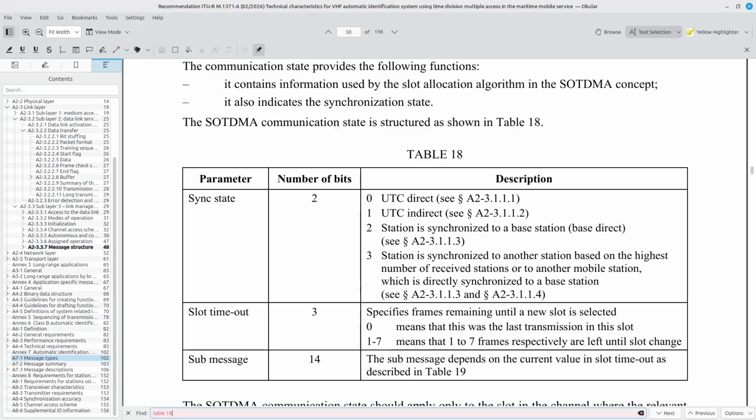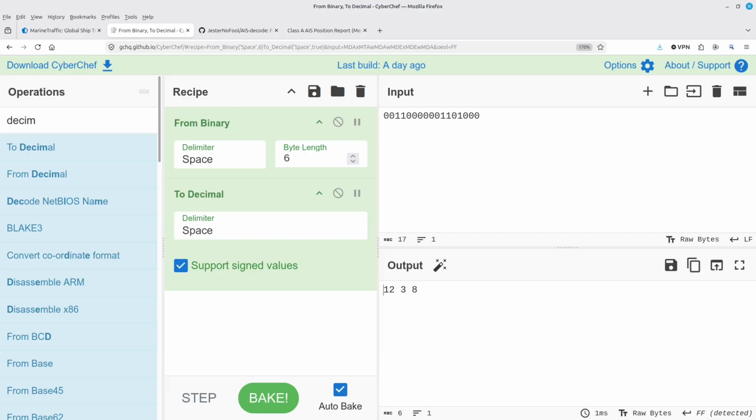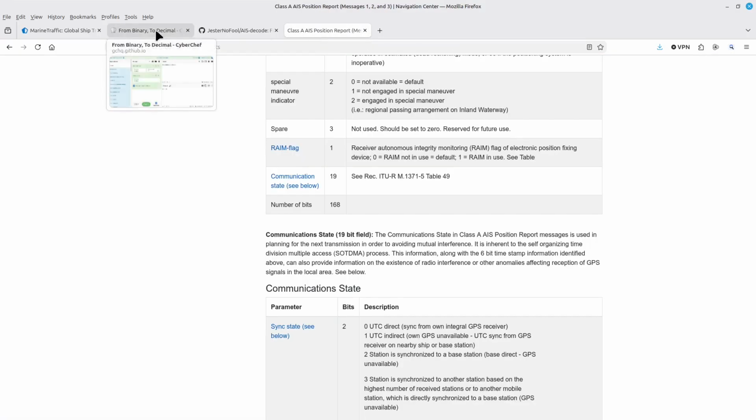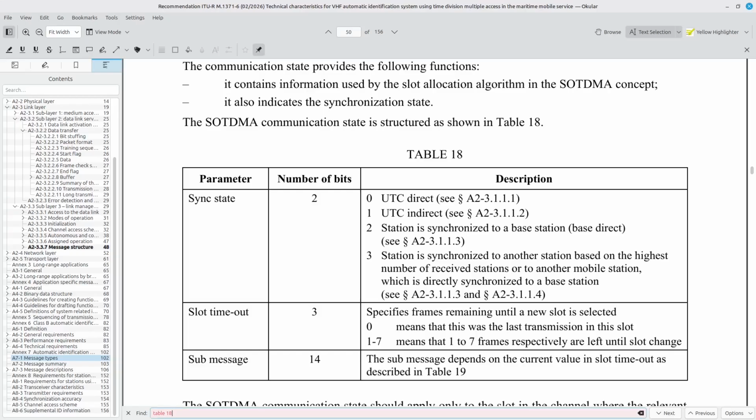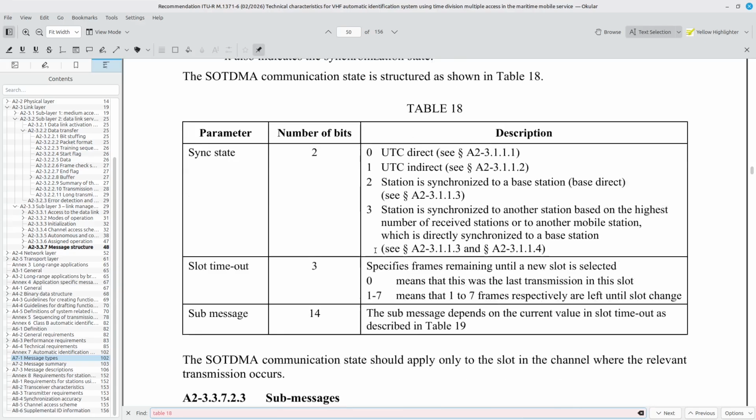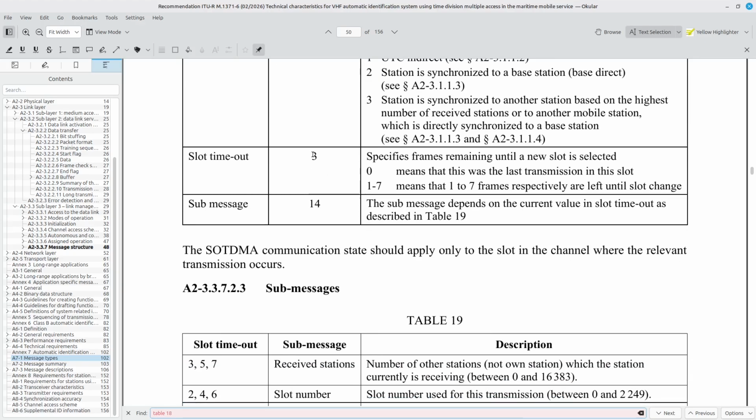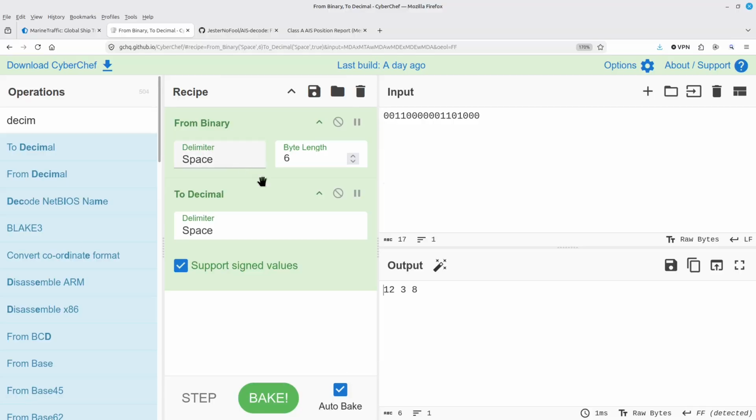The next one, whoops. Too many things going on at once. Next 3 bits is my slot time out. Next 3 bits is just a 1. So that's 1.